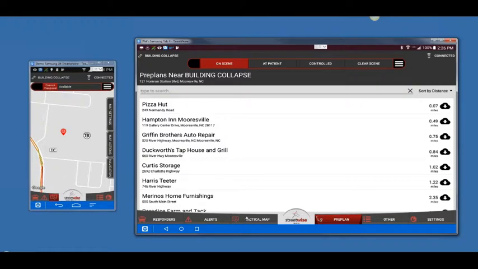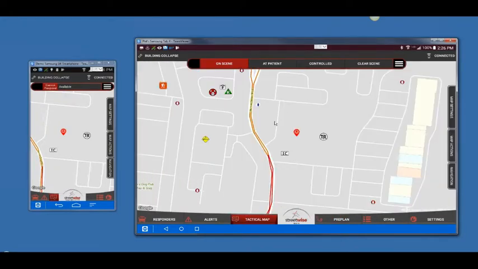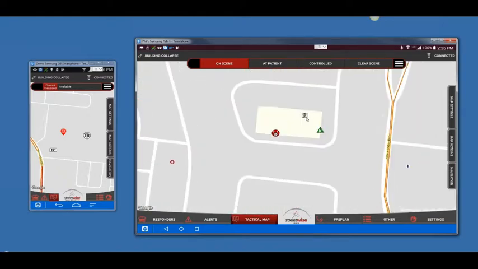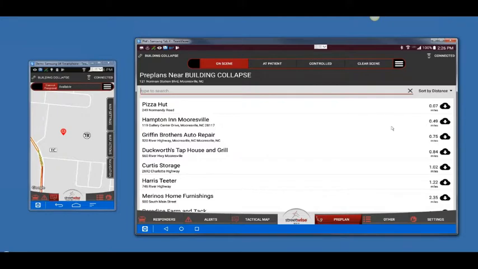The pre-plans are also depicted on the tactical map. Here you see a building that has a pre-plan for it because it has this little icon of a P with a little roof over it. If I tap that icon, I'll launch right directly into that pre-plan. So there are two different, very simple ways to get to a pre-plan, either through the map or through the pre-plan list view. The list view can also be resorted by name or by address,